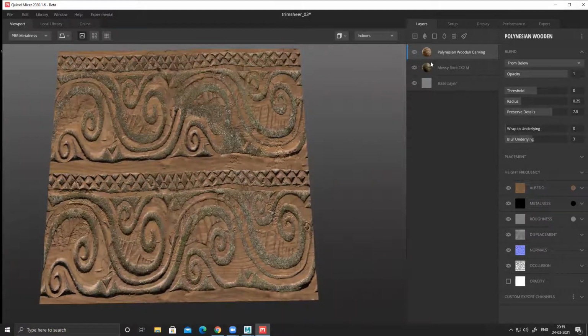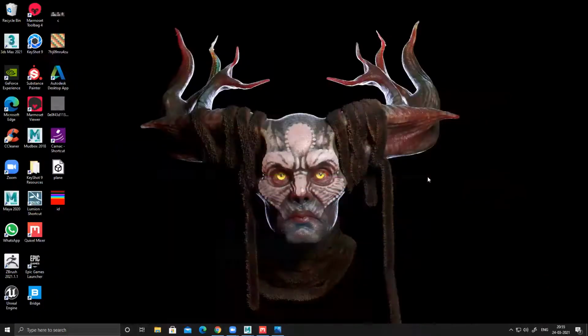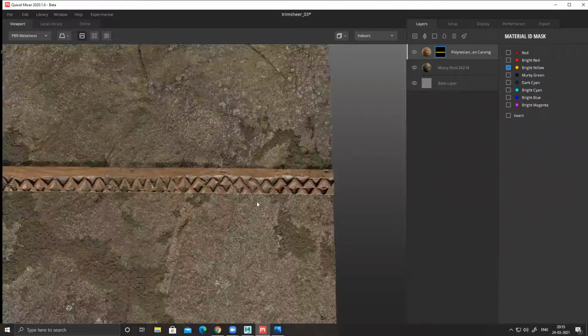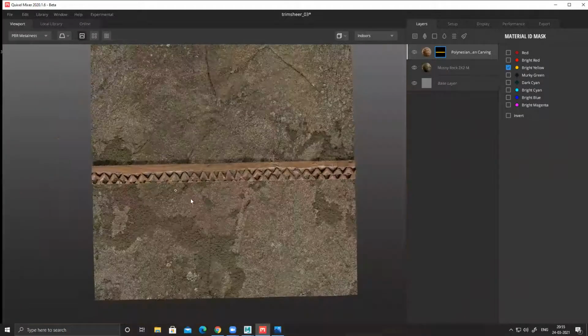So for this section, I want this wherever I have this section selected, not everywhere. So what I'll do, right click, add ID mask. That ID mask we have created. So I can say red was this main base part. I can go and check where my map is. This map, this yellowish color, yellow in nature. So this one. The moment I switch it on, you can see it exposes that area only. Rest everything is not visible.